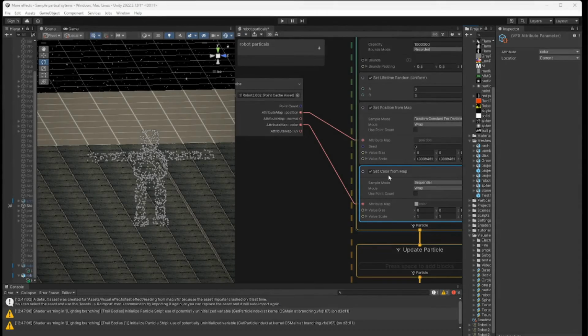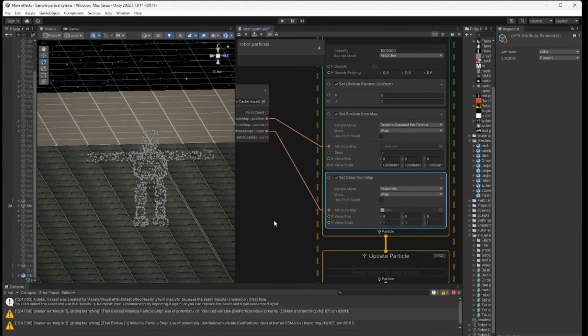The first thing we do is add this set color from map, but we're not going to grab the color. I'm not sure what the color represents, but what we need to do is index, take the UV and use the UV